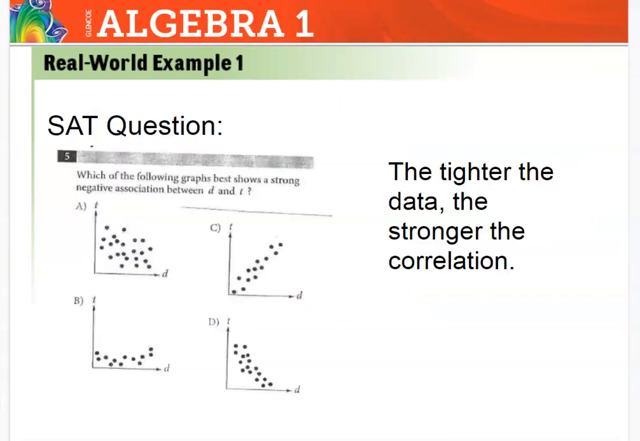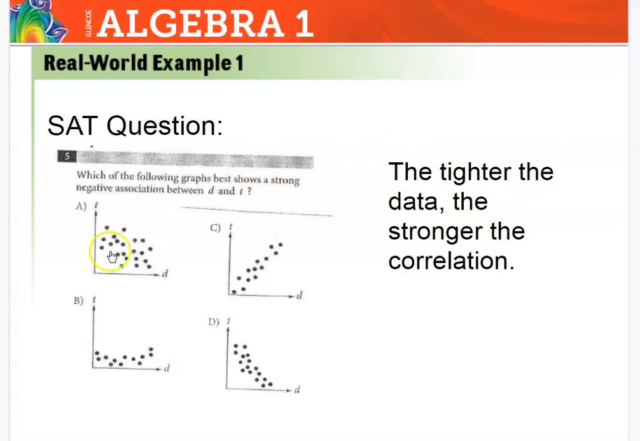Okay, and now we've got our SAT question. Which of the following graphs best shows a strong negative association between D and T? Well, association is another word for correlation. Okay, you can use that. So how are D and T associated? How are they correlated? Well, I'm looking for a strong negative. Strong negative. So if I look at our different options here,